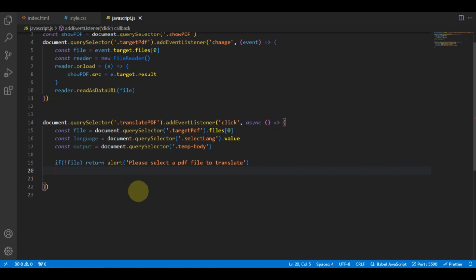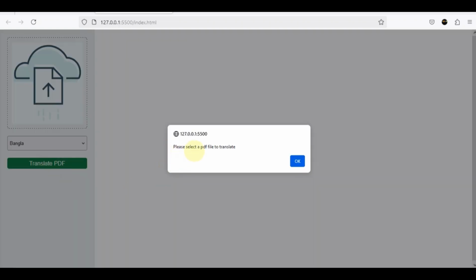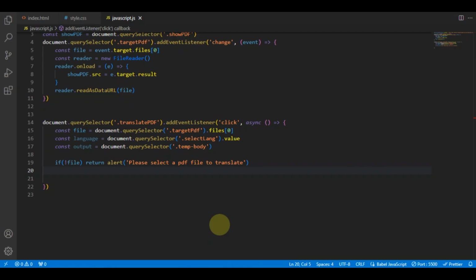So let's take a look, is it working or not? We still have not selected any PDF file from our device. So if we click on this translate button, what would happen? Then you can see here, please select a PDF file to translate, that we have entered here. And then